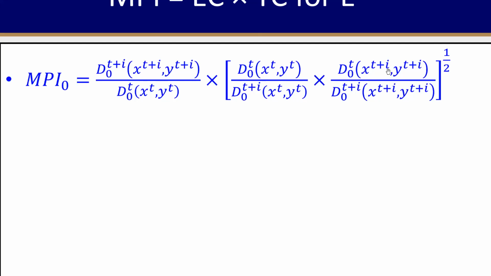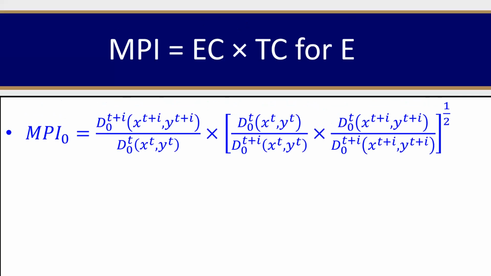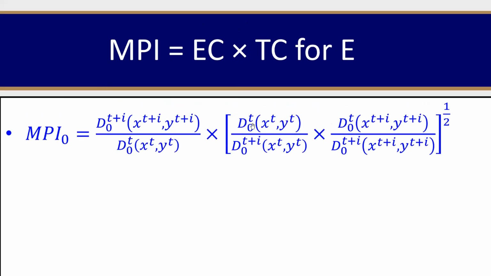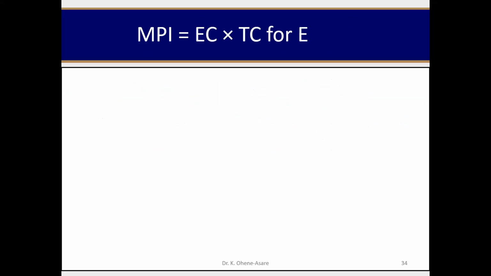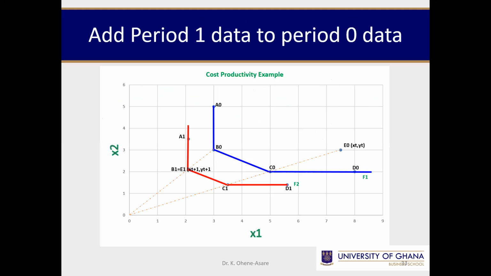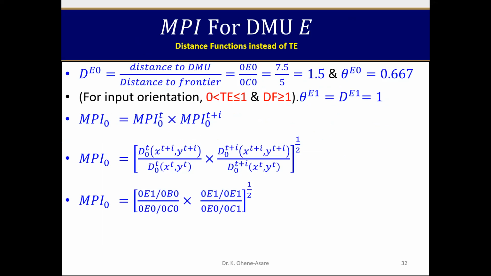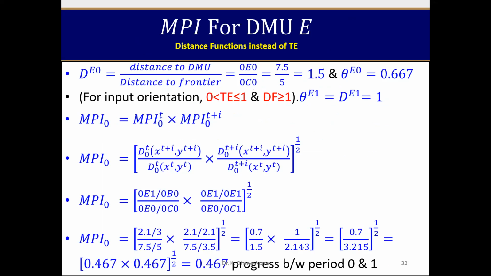So the second part is talking about technological change or technical change. We are going to calculate that for DMU E, but please remember that if you look at the information we are having now, the values you used to estimate the Malmquist are the same values, just that they are going to be rearranged. Okay, and so when you look at it carefully,